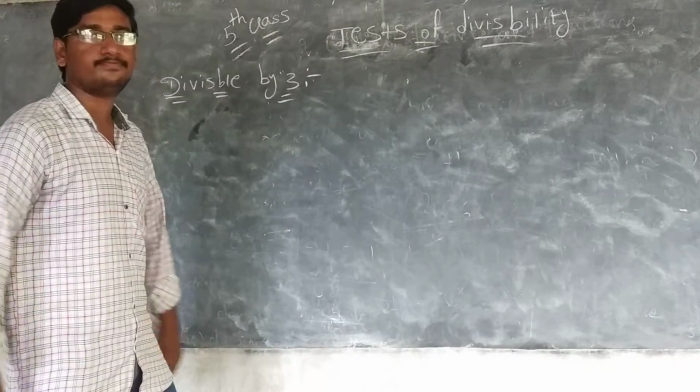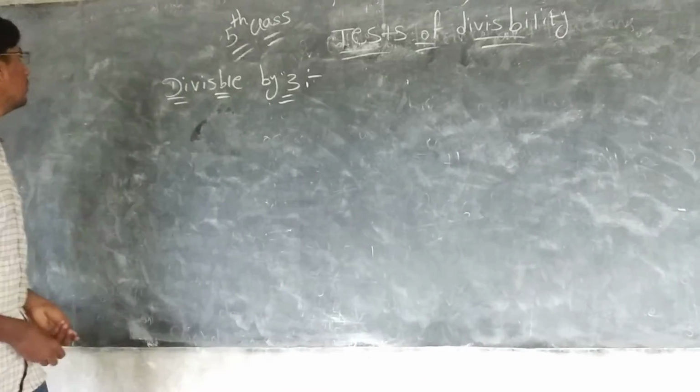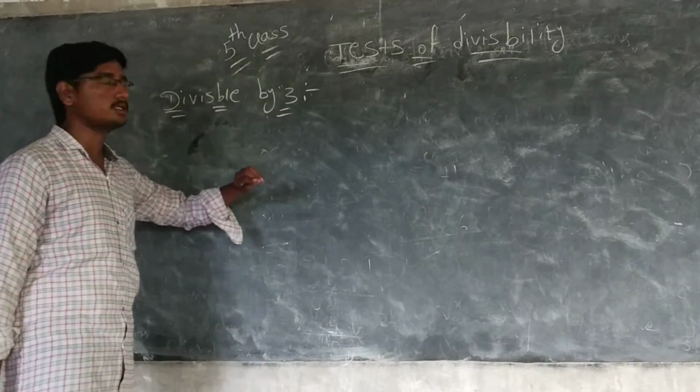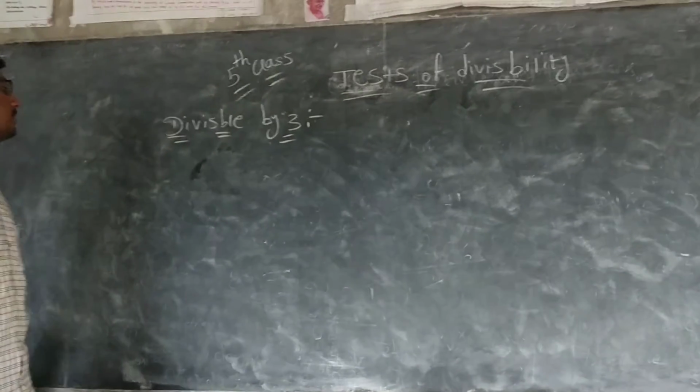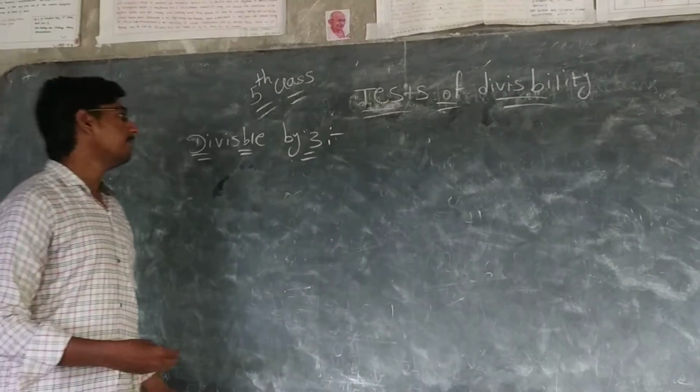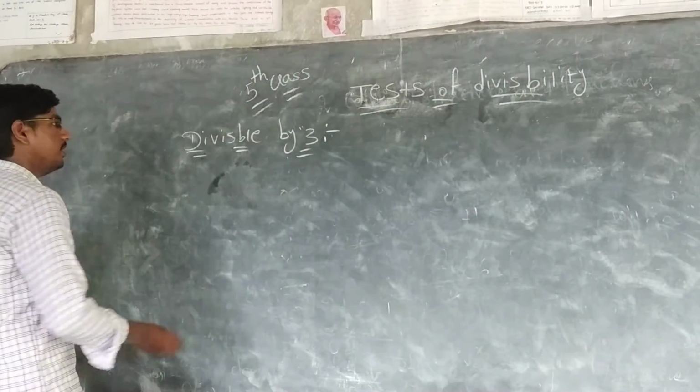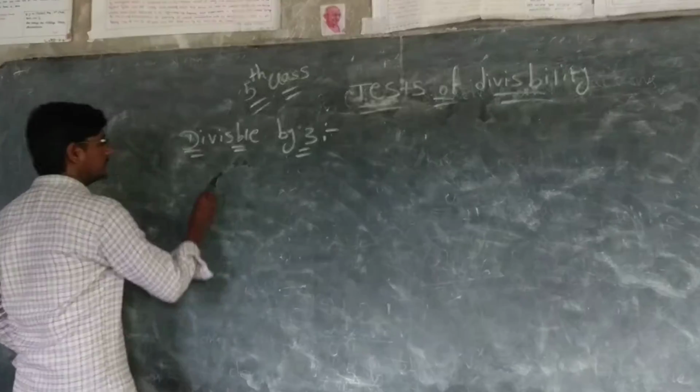Next is divisible by 3. The next condition is divisibility by 3: if the sum of the digits of the number is completely divisible by 3, then the whole number is completely divisible by 3. For example,